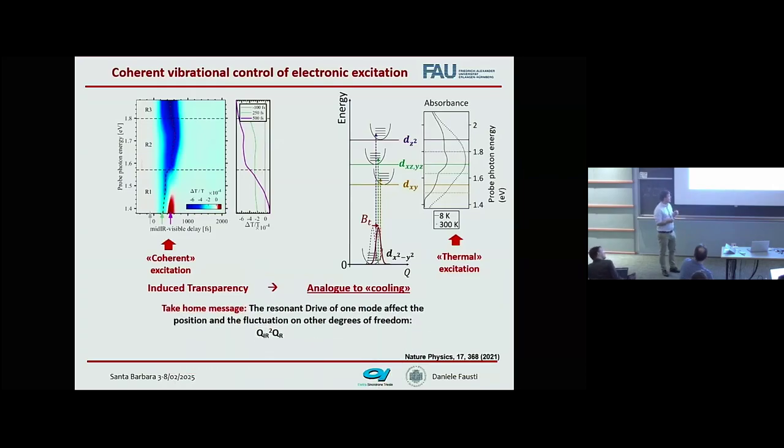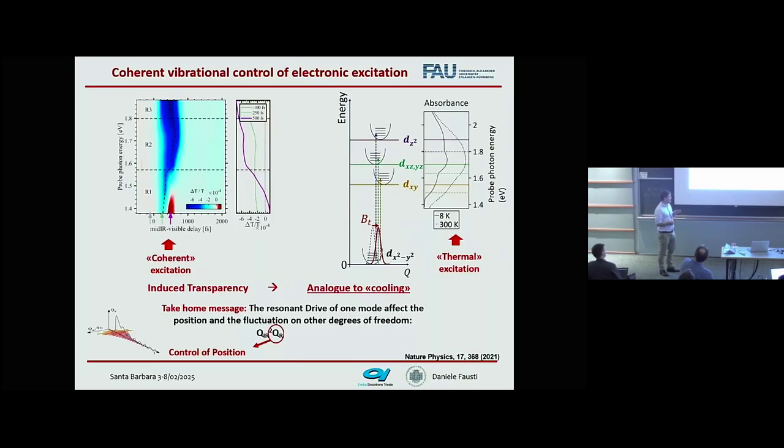Well, people reason about it by introducing the concept of nonlinear phononics, where by driving some vibrational mode, I can lead to the displacement of some Raman mode along some other coordinate. The idea is that if I drive the system strongly along one of the eigenmodes, which is dipole active, I can lead the system to produce some displacement along other directions which may be relevant for thermodynamics. And people describe this idea